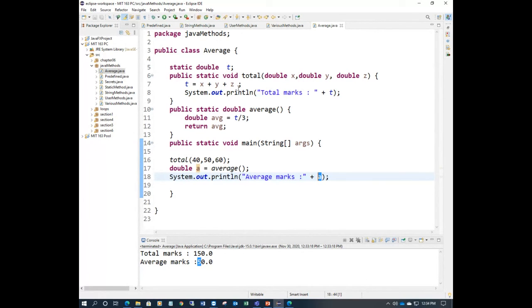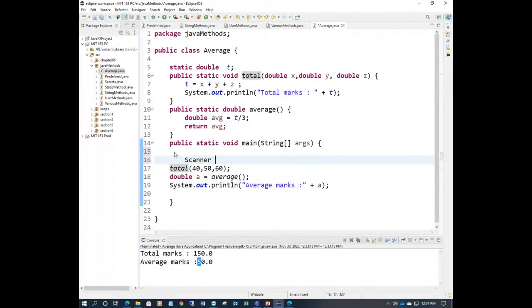So this is one thing. Make sure if you have a variable which is shared among all the methods, you should write it on the top of all the methods within the class. So this is simple here. Most basically, instead of giving hard-coded values, you have to give the values from user input.